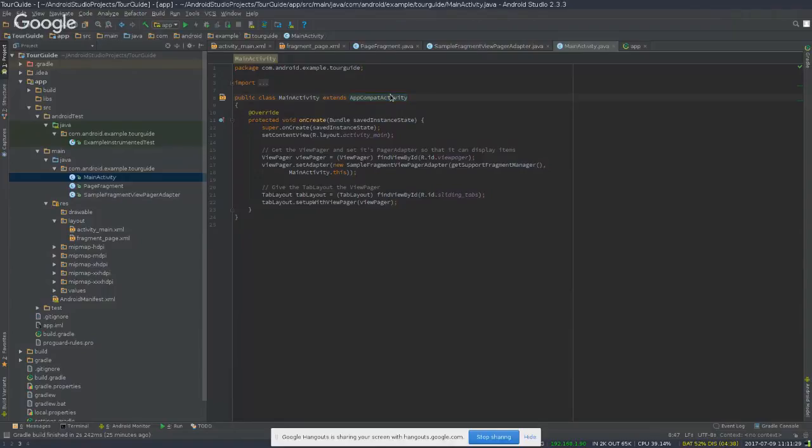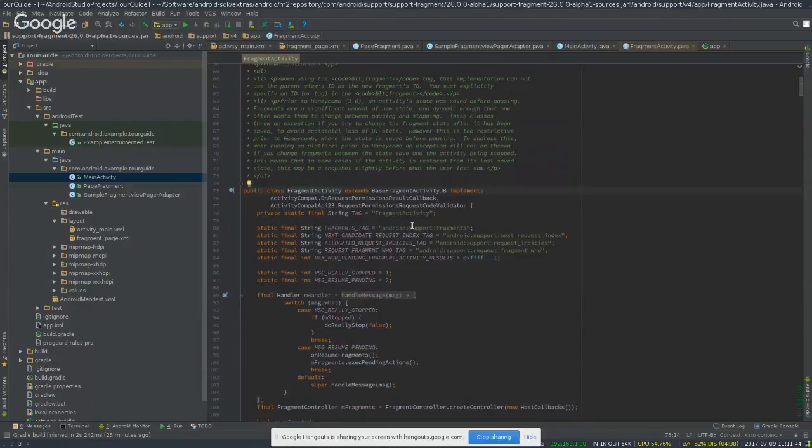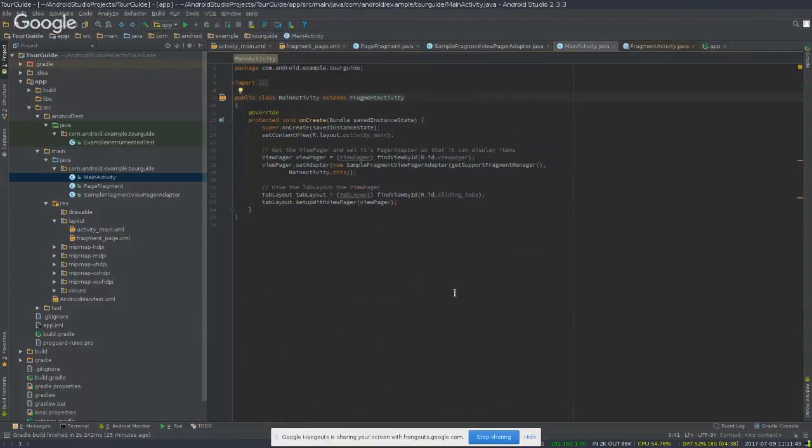as I had mentioned previously, the fragment requires a fragment activity, okay? This is the base class that also extends the base activity class, but then adds support for fragment behavior. However,